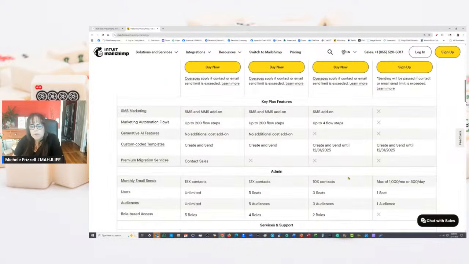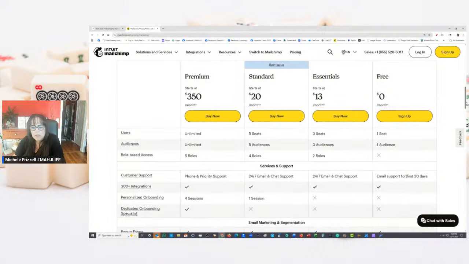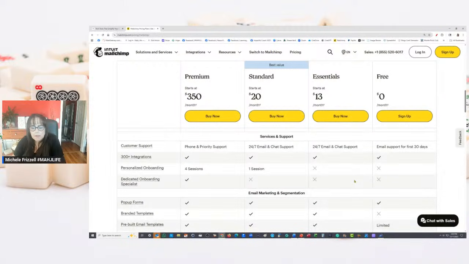You could have some marketing automation in there. You could have 10 times the contacts. Oh, here we go. Max of 1,000 emails or 500 emails per day. So it would be about sends, not about number of contacts at the free level. And then you get